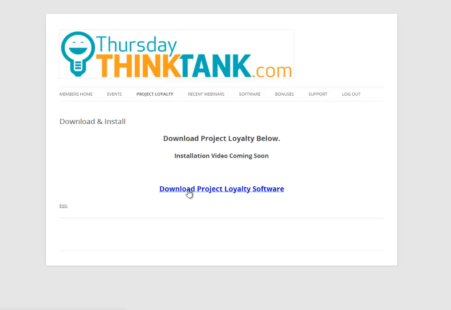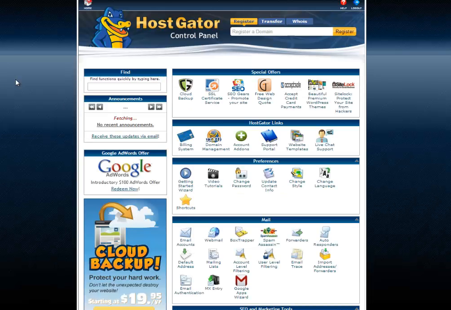Once you click on this, it'll download a zip file, and you take that zip file, unzip it, and open it up, and I'll show you how to upload those files that are in this zip file to your FileZilla FTP. The next thing you want to do is log into your cPanel so that you can create your